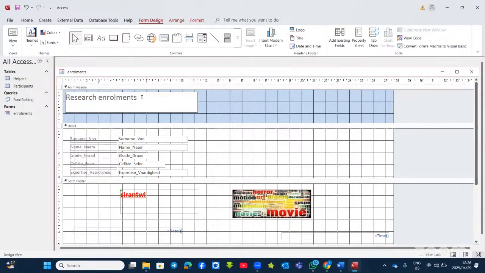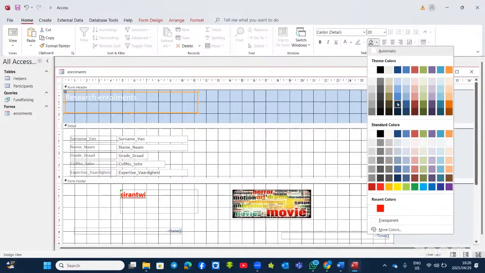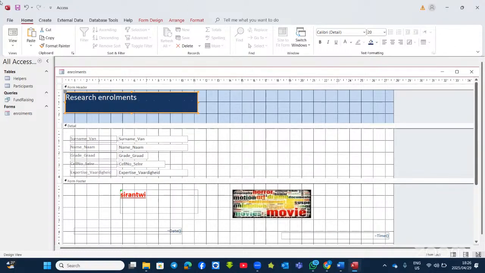You click and then you go to home. The color should be white. And then the background, that's the fill color here. You see, fill color should be dark blue. So you get it under home and then another text alignment or text formatting. You get those things there. Right, now the next question